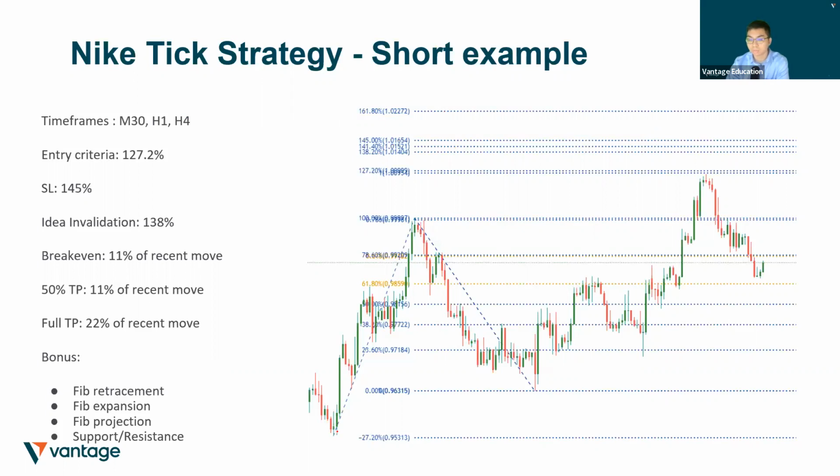I drew a projection line from this area to this next swing high, back down. So we have the 100% Fibonacci projection line. Drawing another extension, we draw it out, and we have the 127.2% Fibonacci extension. You notice that they are intersecting. You could have a potential sell entry right here, sell. Your stop loss can be right here